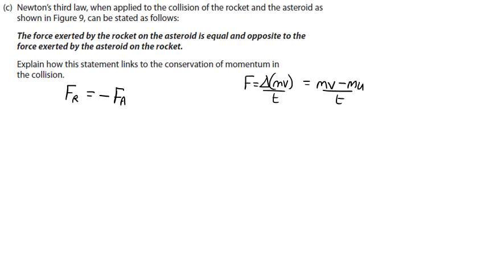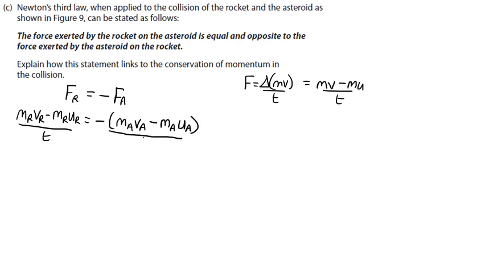So we're just going to write that down for the rocket and for the asteroid. So we've got the mass of the rocket times the final speed of the rocket minus the mass of the rocket times the initial speed of the rocket divided by the time is equal to minus the mass of the asteroid times the final speed of the asteroid minus the mass of the asteroid times the initial speed of the asteroid